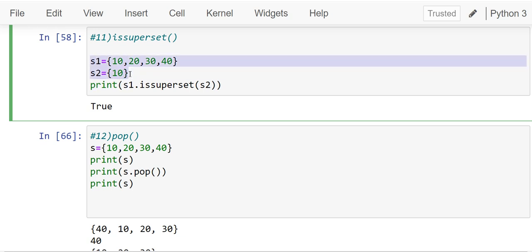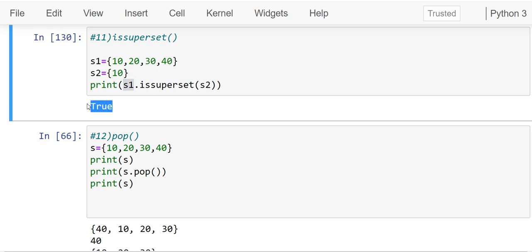I have taken two sets S1 and S2: S1 is 10, 20, 30, 40 and S2 is 10. Here I am checking whether S1 is a superset of S2. In this case we get the output True because all the S2 elements are present in S1. Let me run the program and analyze the output.